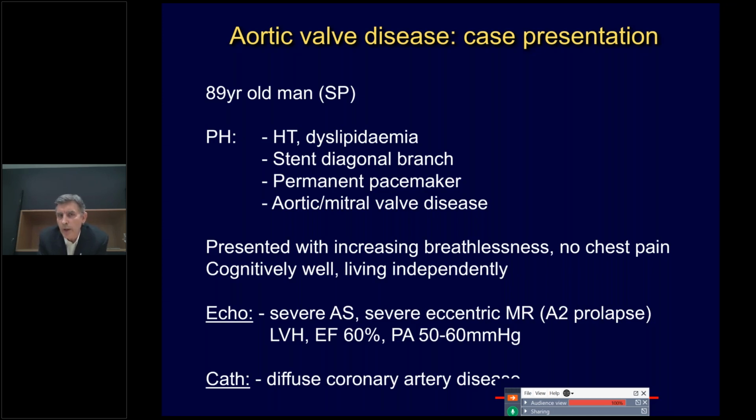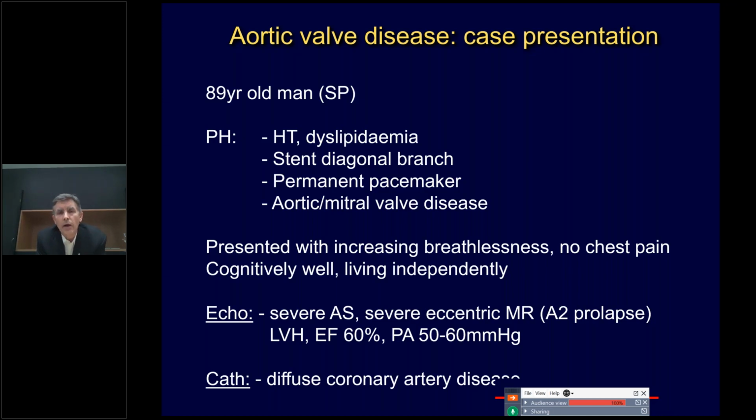He's had no chest pain to suggest a problem with his coronary arteries. He's generally in pretty good condition for 89. He's cognitively in good shape. He lives fairly independently with his wife and can deal with most normal activities, but increasingly he's complaining of